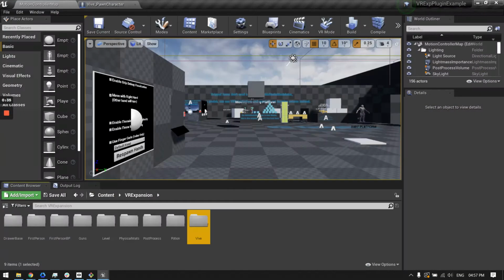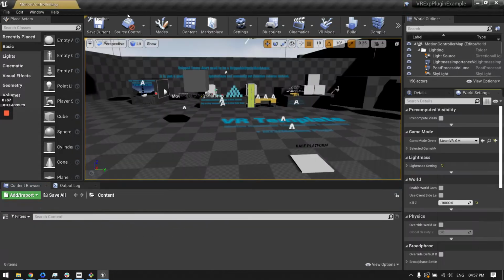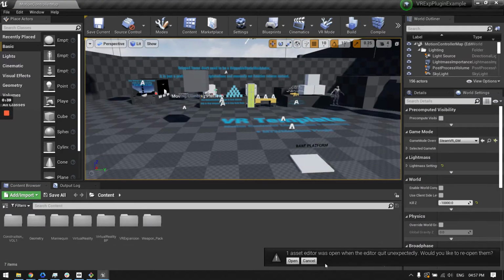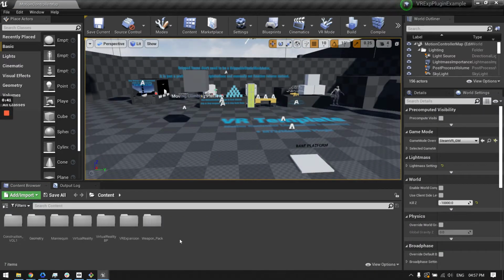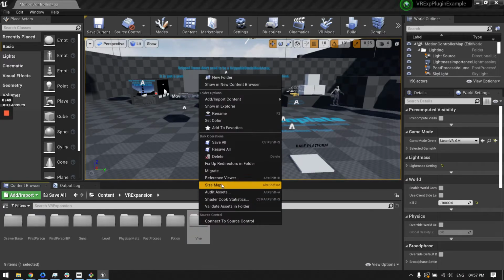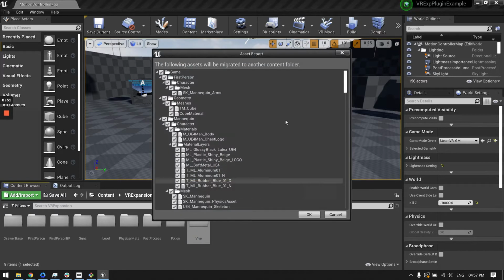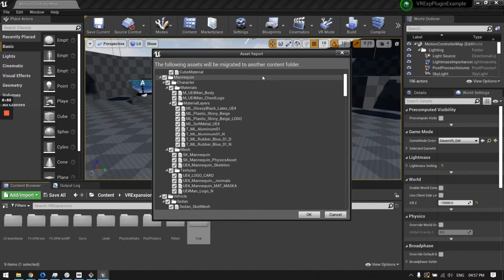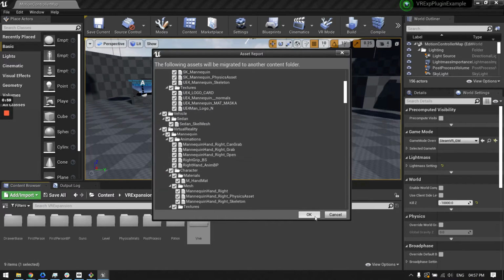I already have it open right here. So once you have it open, what you need to do is head over to VR expansion and Vive. This is the thing which we are interested in. What you'll do now is click on migrate. What migrate will do is it will add everything, all the dependencies which are required, and